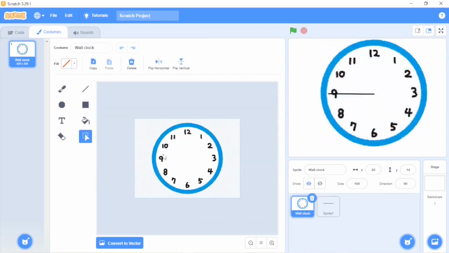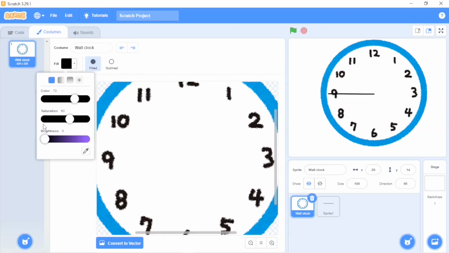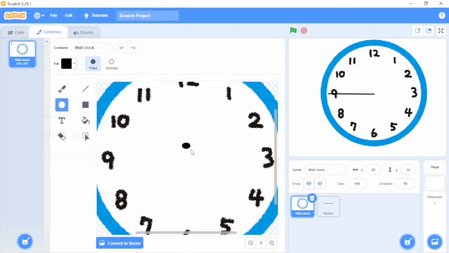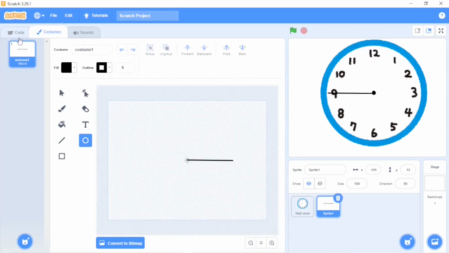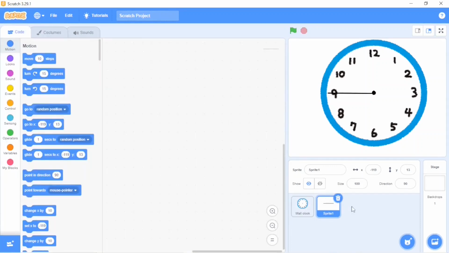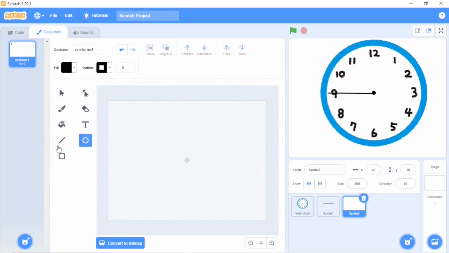I'll go to the wall clock, my wall clock. I need to make a little circle, like a black circle. Okay, it's in the center point. Now two more sprites. There is an outline, no fill color.